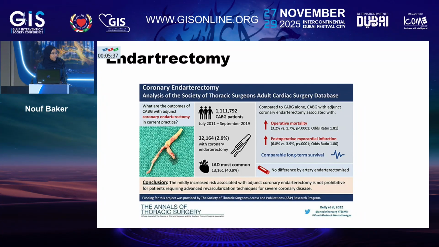Now, in terms of endarterectomy, for most surgeons, we know that whenever we do endarterectomy, it's most commonly an incidental happening. So you go into the OR, you're trying to place your graft, and you open the vessel, and you're not able to actually get into the vessel lumen. This is where you consider doing an endarterectomy. There are multiple meta-analyses and observational studies that have looked at this, and the conclusion is not clear. Some are in favor, some are very neutral, and a few have shown increased risks with this particular procedure.